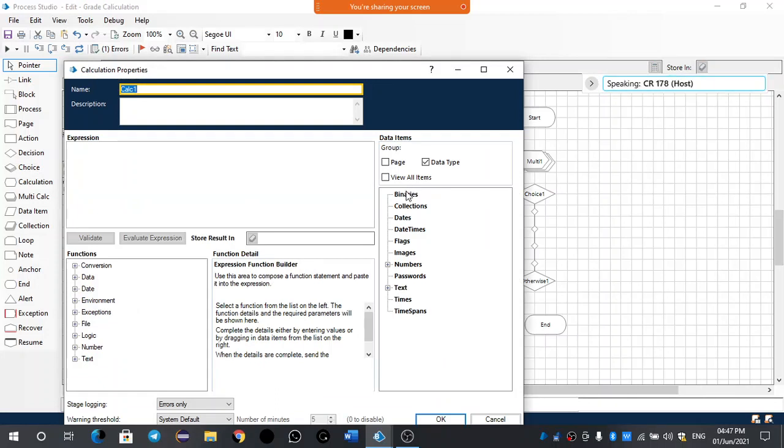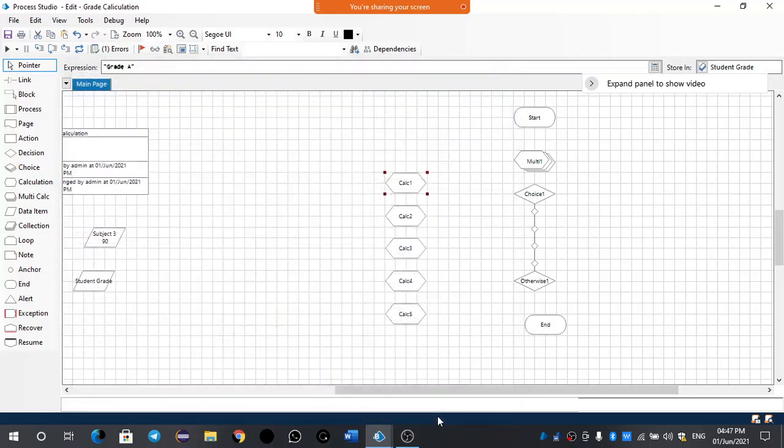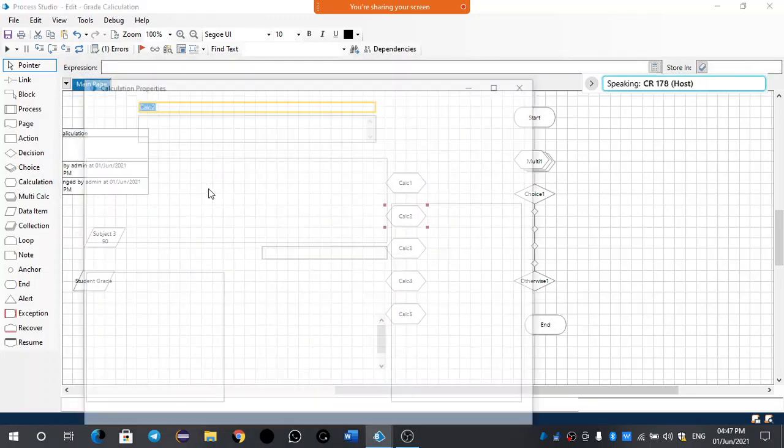So in calc one, what do we need to display? We are calculating by using choices. In calc one, I am displaying my message as grade A. So in the expression part, you just give, in double quotes, grade A. Store result in student grade. Very good. Then do it for all the remaining also. Next is grade B.